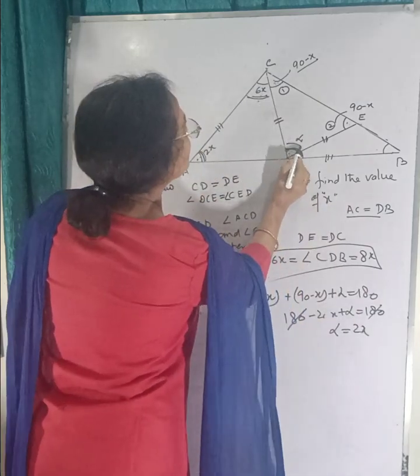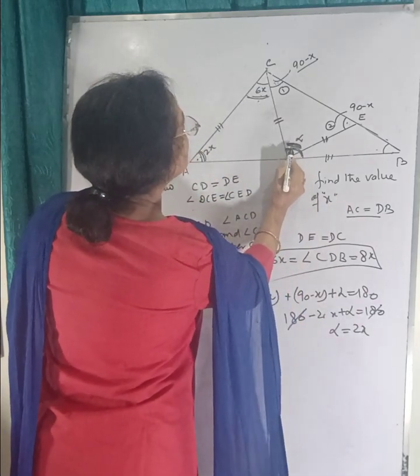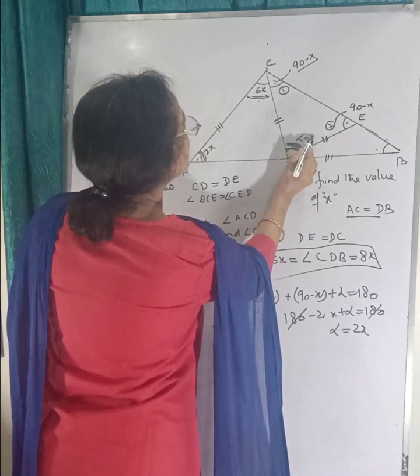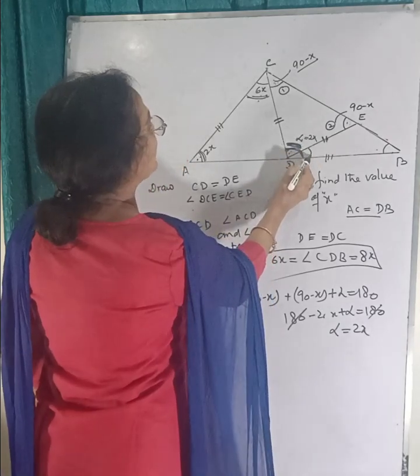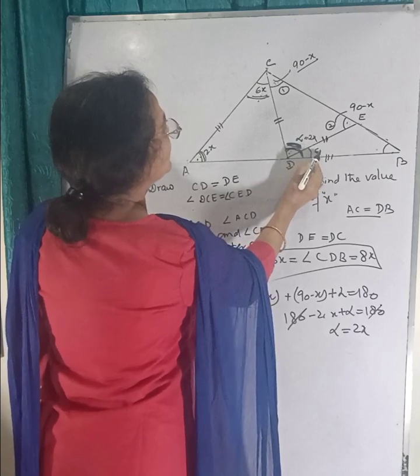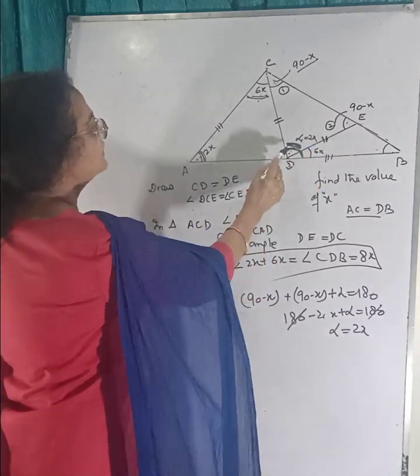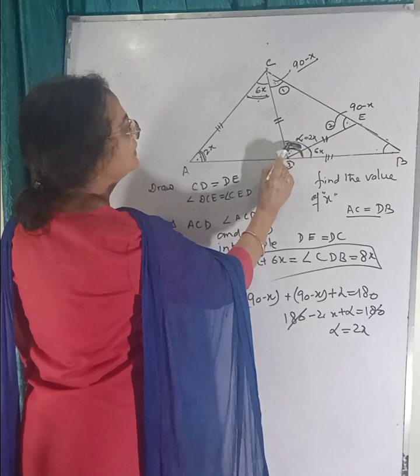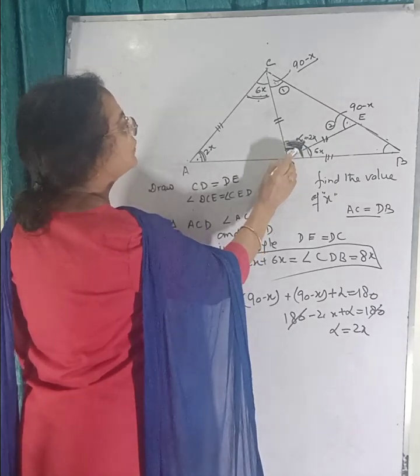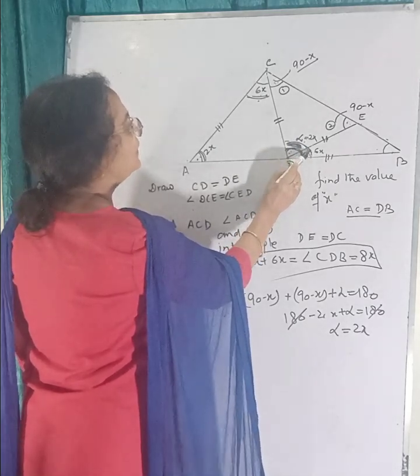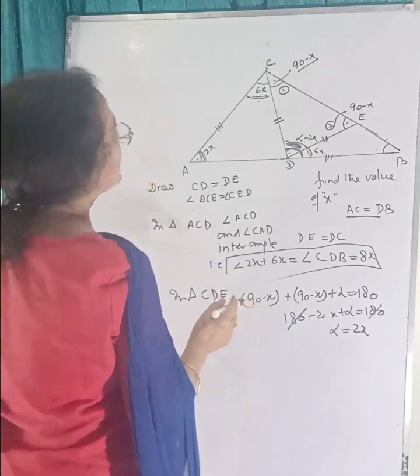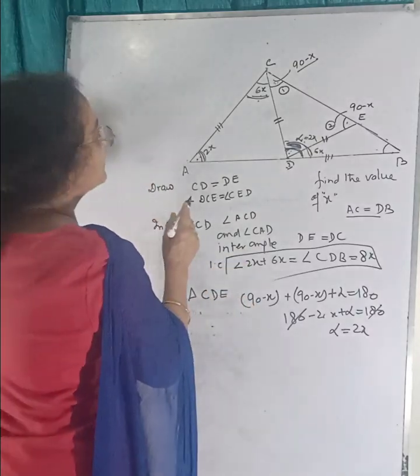It means this will be equal to 2x only. This portion is 2x. It means this will be 6x. Clear? Because this whole is 8x. 8x था, इसमें से ये 2x हो गया, तो this portion will be 6x. Okay? Clear? Okay. अब